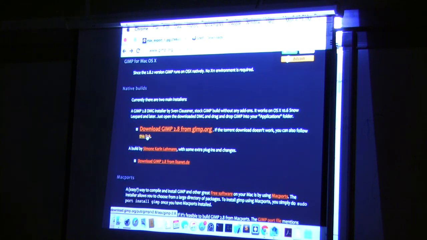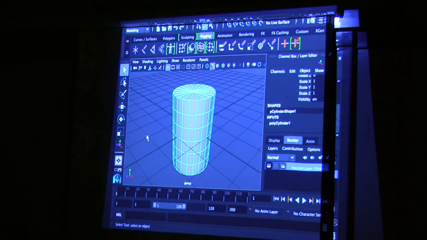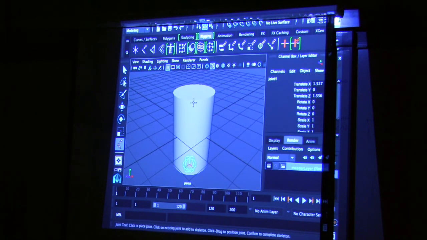Okay, so download this, and when it's done, we're going to get into game. You can also do the exact same thing with Photoshop. But anyway, I'm going to try and rig this. So you should be able to create here. As I said before, the skeleton is based off a series of points. Okay, so if you create that,